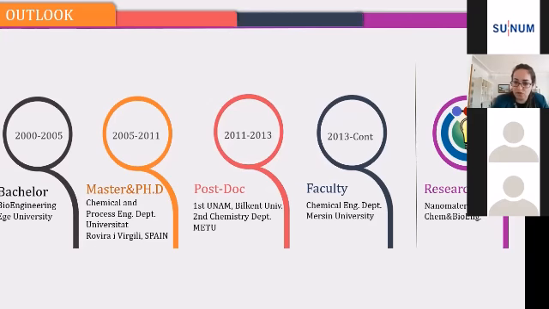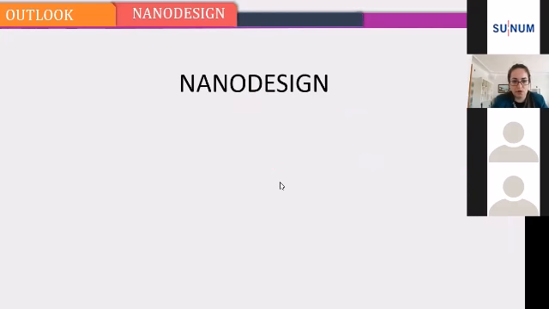So my research topic is, as you can understand from the topic, nanomaterial science, and I may call myself nanomaterials or nano designer. So nano design is the topic that I will talk about, a term which is the combination of two terms actually, nanomaterial and design. So you may know already what is design, but if you check it in the Wikipedia,